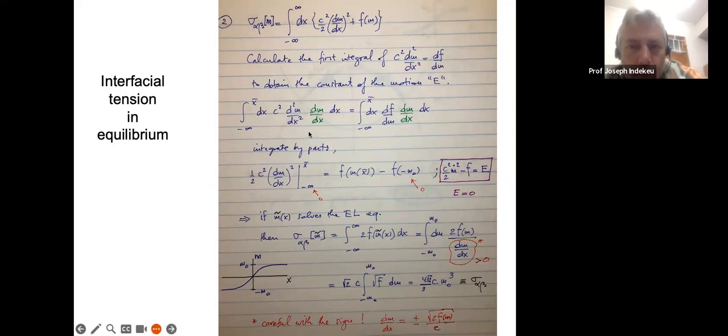So in sum, on the left-hand side, we get this quantity here, which is to be evaluated in some point x bar and in -infinity. But note that the contribution from -infinity is the contribution from the far left, but in the far left, we are in the homogeneous bulk phase where there is no gradient. So that contribution vanishes. And if we look on the right-hand side, then here we obtain a very simple expression,